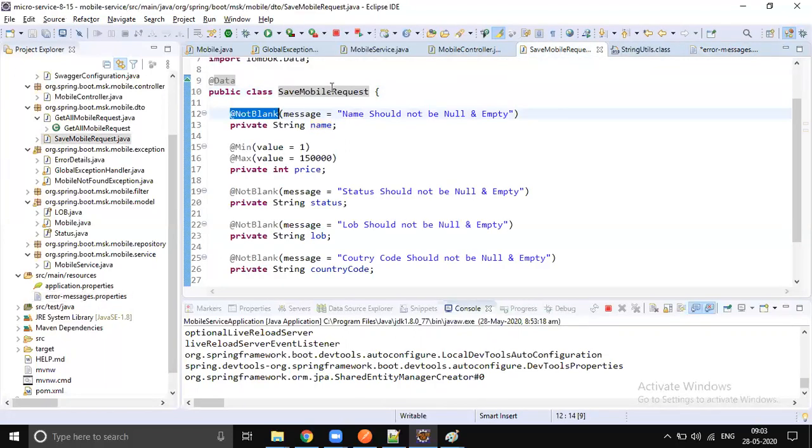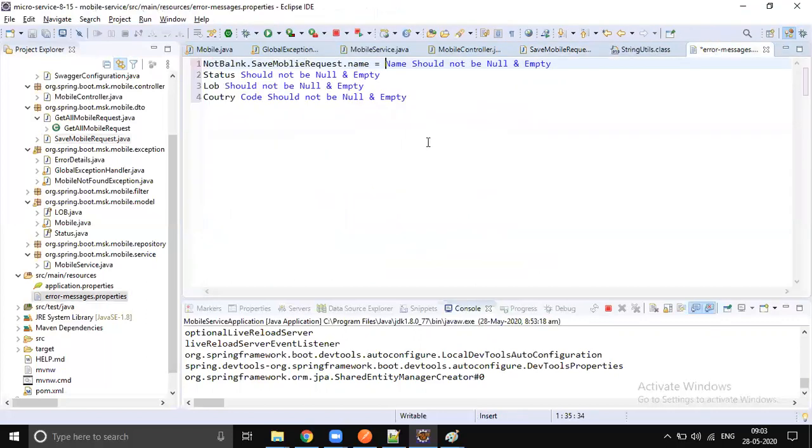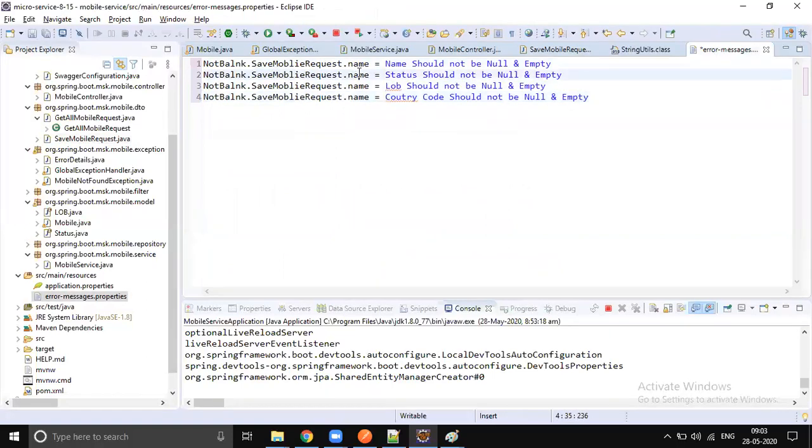For this annotation, for this Pojo, this property validation fails, then we will display this error message. Let's copy paste for the remaining properties. If status validation fails, we display this message. If LOB validation fails, this message. And if country code validation fails, then this message. So this is how we should maintain it.